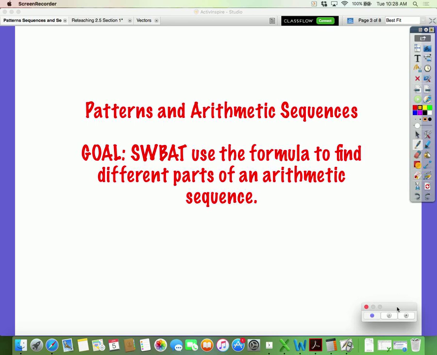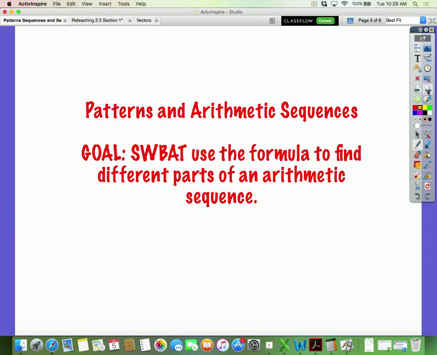So this might be a quick lesson, but patterns and arithmetic sequences. I'm breaking it up because we only got 45 minutes in here today. The goal: you'll be able to use the formula to find different parts of an arithmetic sequence. Okay? And so what parts are there in the arithmetic sequence? Well, there are four different things you can find just based off of the arithmetic sequence